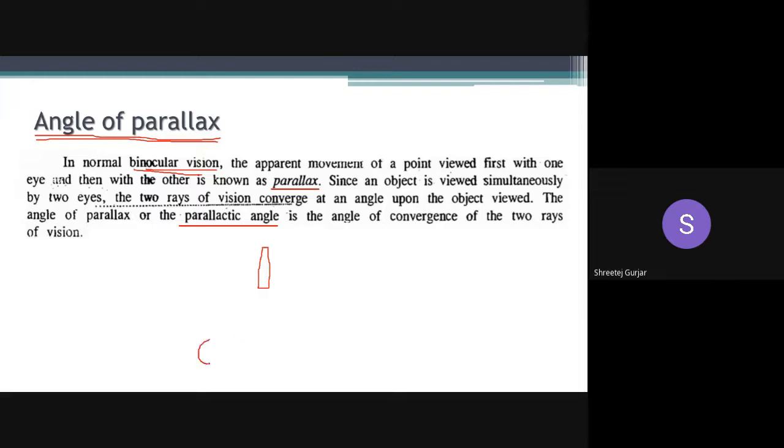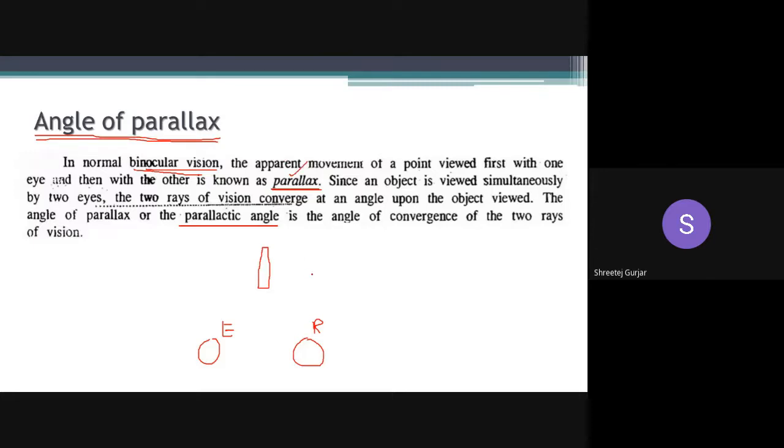You have two set of eyes. If you close your right eye and you view with your left eye, you will see one image. And if you close your left eye and you view with your right eye, you will see that the image has shifted, right? The image has shifted. So that shift in the position of the image is known as parallax. So when you view from one eye, the image will be different, and the same object, if you view from your right eye, the image will be shifted slightly, right? So that shift is known as parallax.